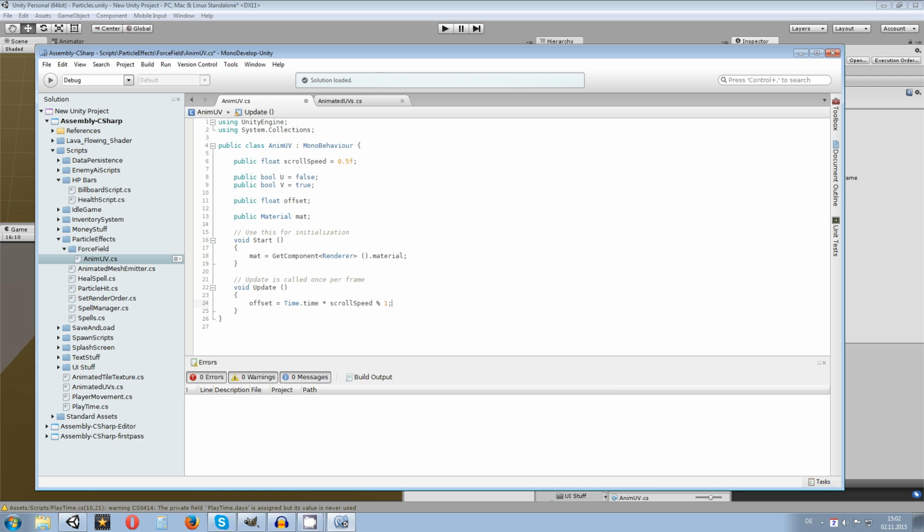That means offset will never be higher than 1, and if it is 1, it will pop back to 0. So we start at 0 in the offset, and then it will increase by time and by the scroll speed, and once it's 1, it will just go back to 0. So we can rotate through the offsets, and depending on what offset is activated, we say